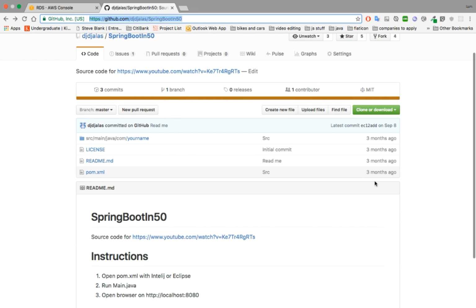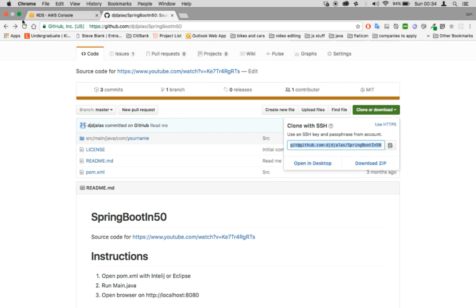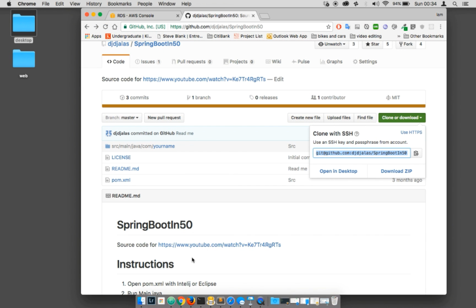You can either clone or download, but for the sake of this tutorial, I'm going to clone this and then create a separate branch and then push that so all of you can have access to the changes made in this tutorial. So I'm going to clone this. I'm going to grab that, just let me minimize this, and what I'm going to do is right in my